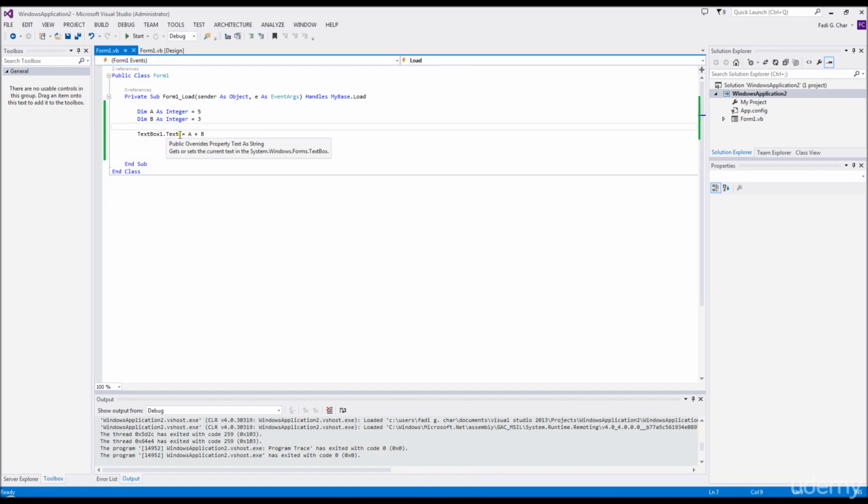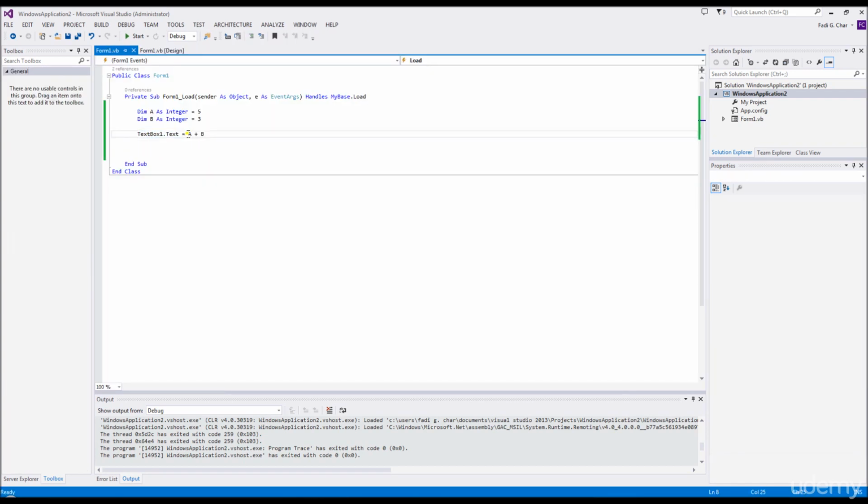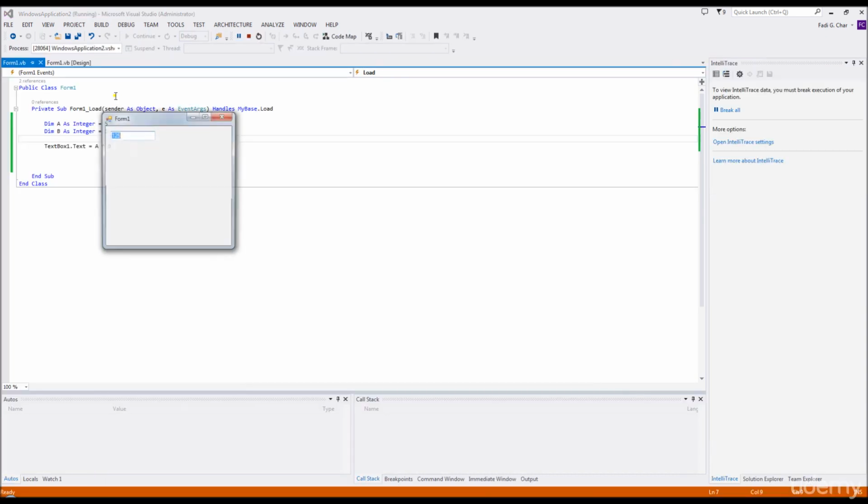So what I'm telling the program is that inside the text box, which is this one, put A plus B, put 5 plus 3. It's the same when I do minus, it's the same when I do multiply or divide. Or also I can do A power B, that means 5 power 3, so it's going to give us the answer